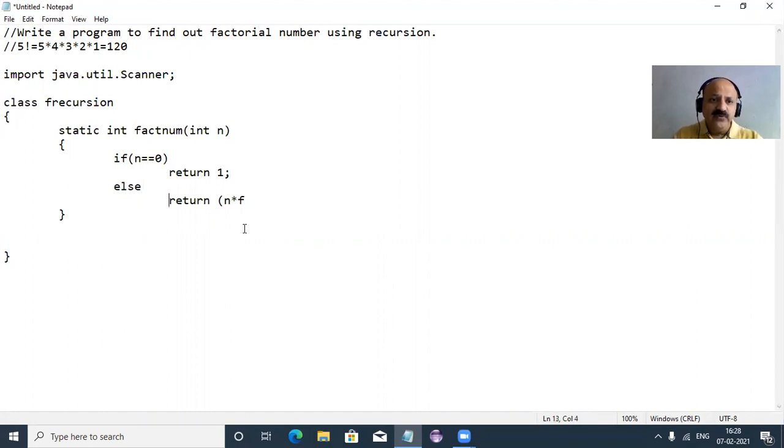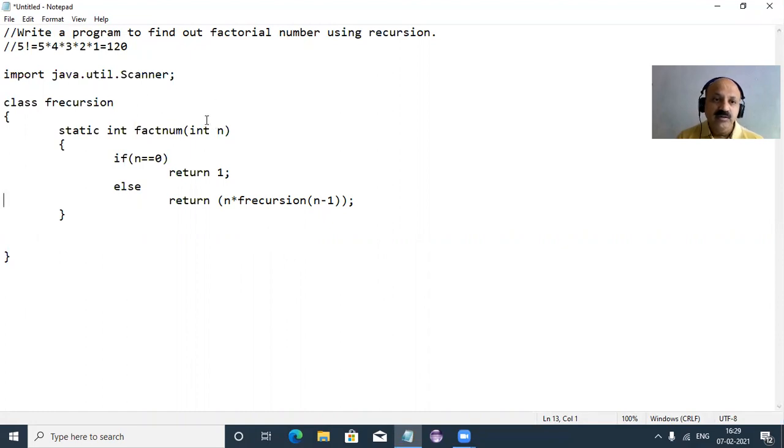And now we call the function itself: FRecursion.factNum, and again we pass n minus 1, then parenthesis. Here you can look, we call the function itself. That is the recursion technique, and multiplication. The recursion technique uses a stack algorithm. So n multiply factorial of n minus 1.